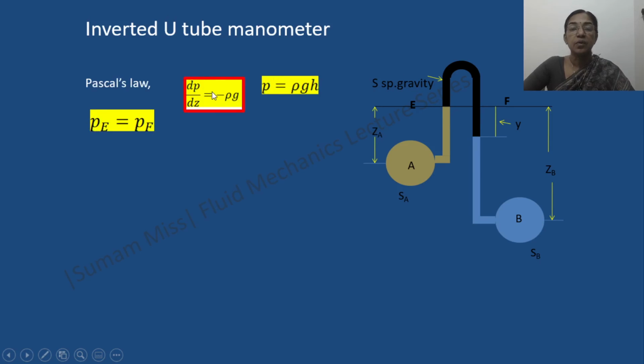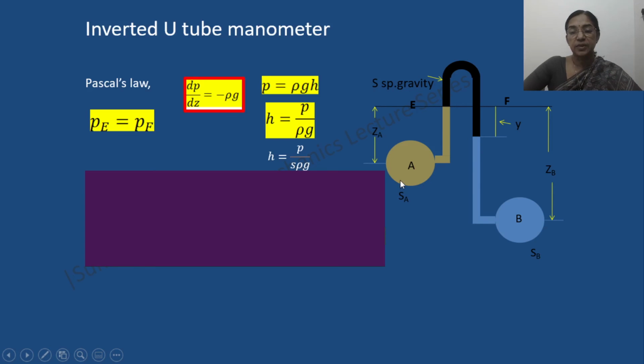Then hydrostatic law, that is P equal to rho gh, or H equal to P by rho g, or H equal to P divided by S into rho g. So in this figure, SA indicates the specific gravity of the liquid, and SB, which indicates the specific gravity of the liquid here, and S indicates the specific gravity of the manometric liquid. So if you want to write down the pressure balance equation, we have to balance the pressure at this point E and F. So if you are writing the pressure balance equation following this Pascal's law and hydrostatic law, then